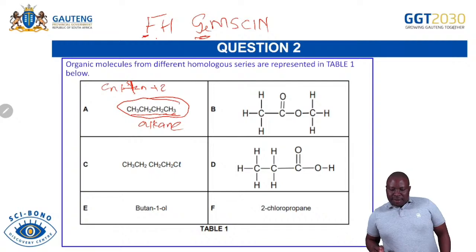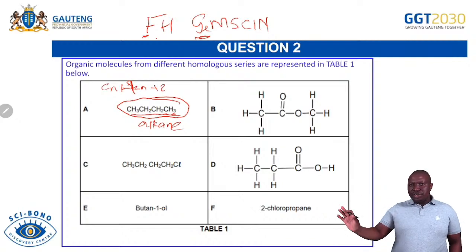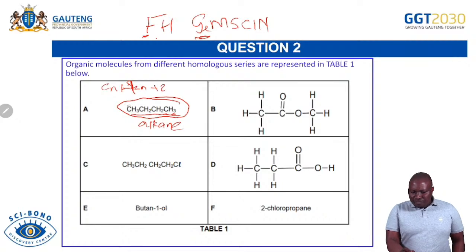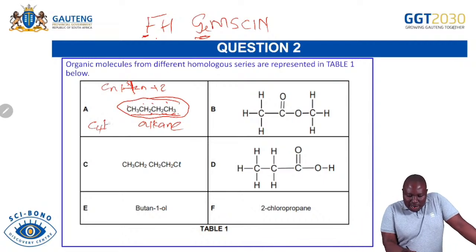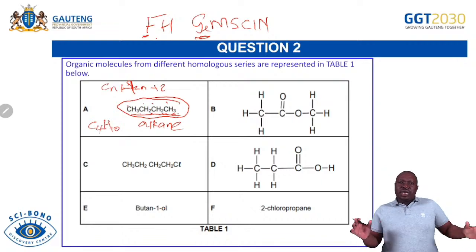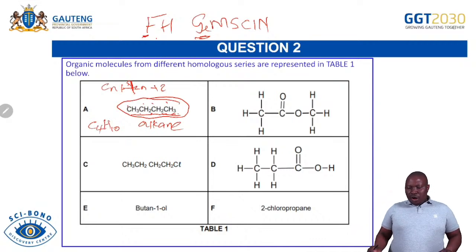Now, the GF there stands for the general formula. So the next one is the molecular formula. Remember, molecular formula, we're saying how many atoms do we have, how many carbons, how many hydrogens do we have there. So if you check in this structure, we have 1, 2, 3, 4 carbons. So this is a C4. How many hydrogens? It is 3 plus 2 plus 2 plus 3. So if you add correctly, it will give you 10. So that will be 3, 5, 7, 10. So you know that it is C4H10. So for molecular formula, you are simply showing us how many carbons, how many hydrogens, how many atoms are there in that structure.